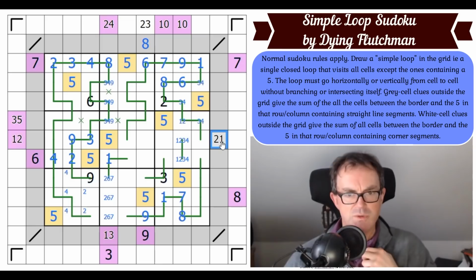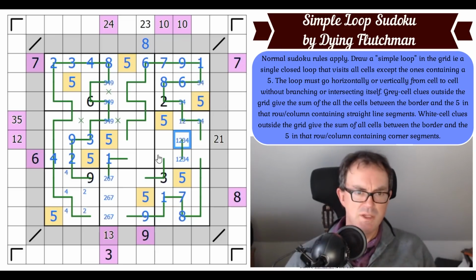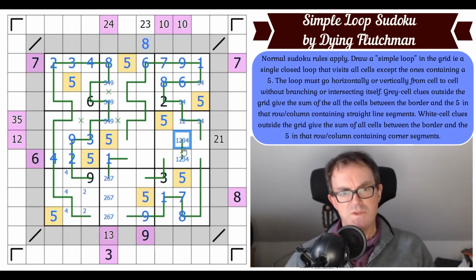This 21 clue's troubling though, isn't it? Because I can't use 9 in it anymore. This is straight line segments. Oh, but these were corners. I might have broken the puzzle here. How can we possibly... As these two are corners, they are not counted in this 21 clue. So...